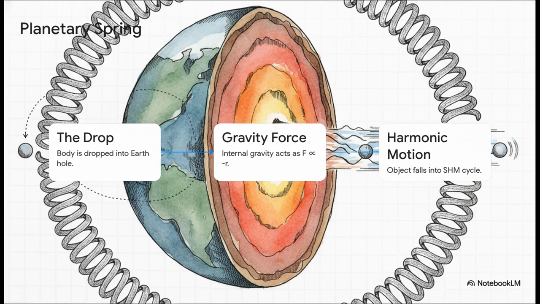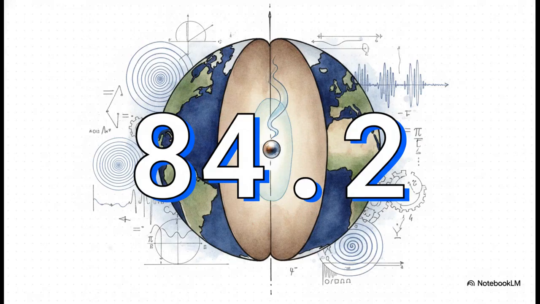Step 3, the object screams past the Earth's molten core at maximum velocity, slingshots up the other side of the tunnel, brakes perfectly to a halt at the surface, and plunges right back down. Falling through the Earth is literally nothing more than a giant, planet-sized spring oscillation. And the absolute most mind-blowing part of this document, the source calculates the exact period for this planetary oscillation. If you dropped an object through the Earth, it would take exactly 84.2 minutes to complete one full round trip, down and back in just under an hour and a half, powered by absolutely nothing but the beautiful, predictable math